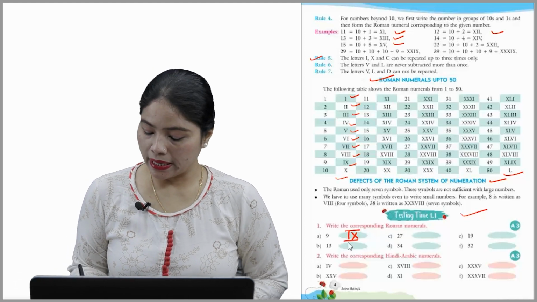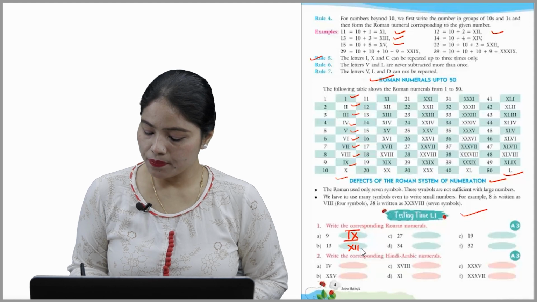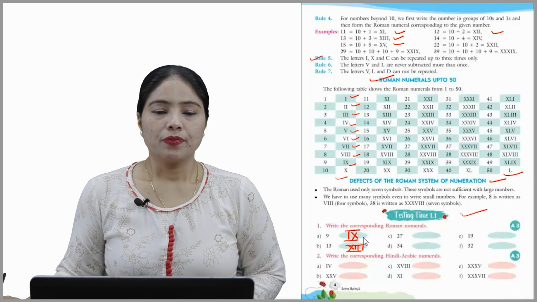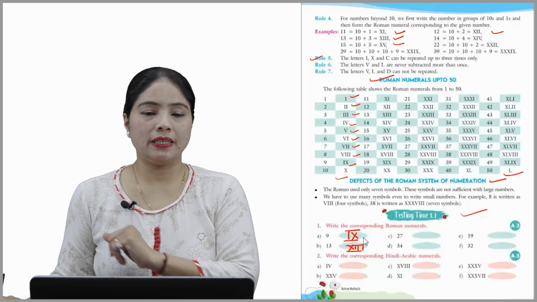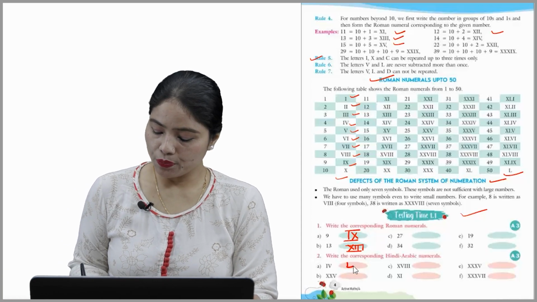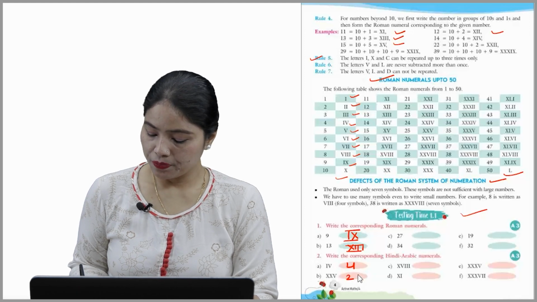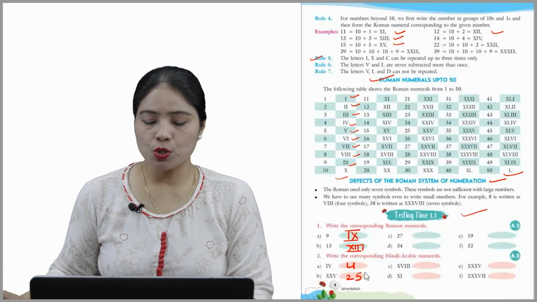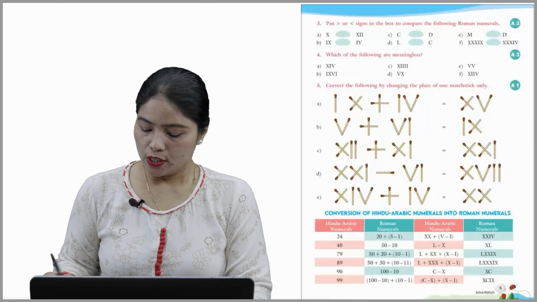So 13 के लिए हम बनाएंगे, this is called 10, 11, 12 and 13. This is how we just write it. Now second, write the corresponding Hindu Arabic numerals. So ये कितना given है हमें? Yes, it's a 4 and this is 10, 20 and 25. I hope you understood. So these are the other questions. You have to complete it on your own. Okay. So now move on.